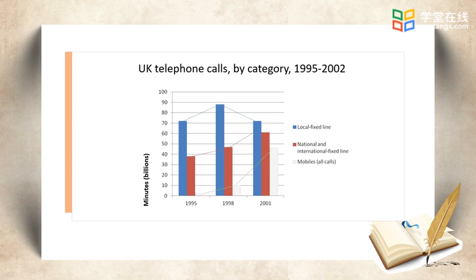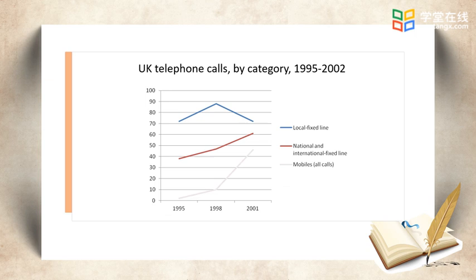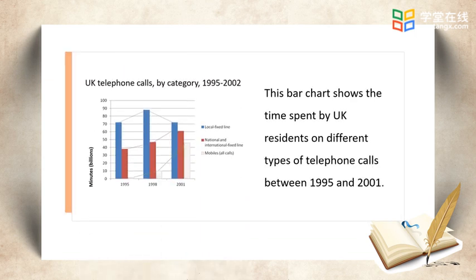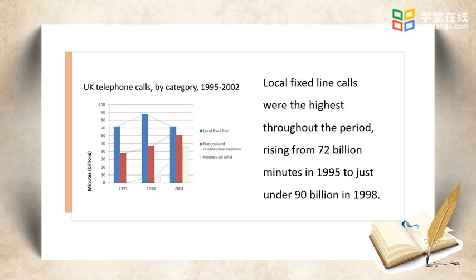If we change the columns of this bar chart into different points, it turns out to be a line chart. So, we could definitely use what we have learned in the previous lesson to describe this graph. And at the same time, we need to make contrasts between different categories. Let's see the example. This bar chart shows the time spent by UK residents on different types of telephone calls between 1995 and 2001. Local fixed line calls were the highest throughout the period, rising from 72 billion minutes in